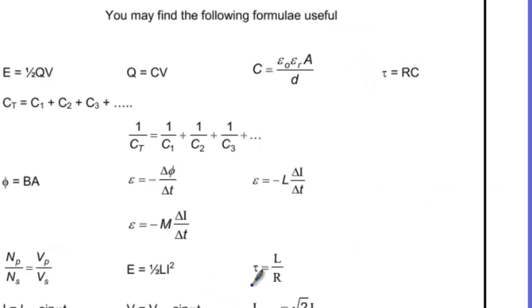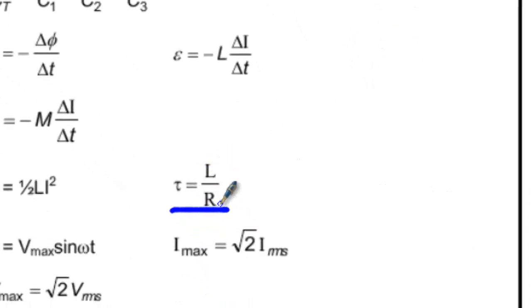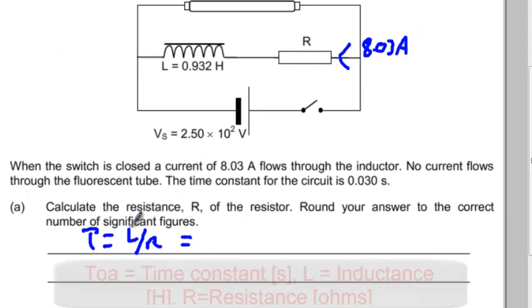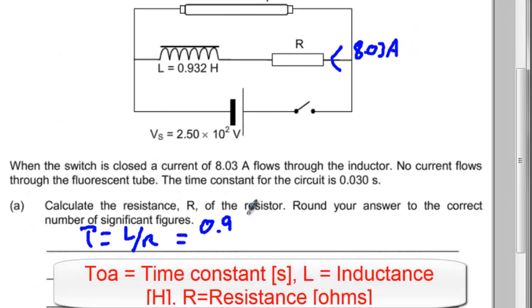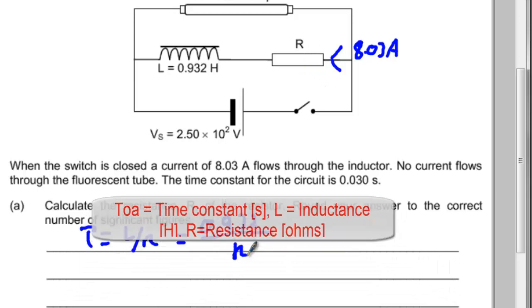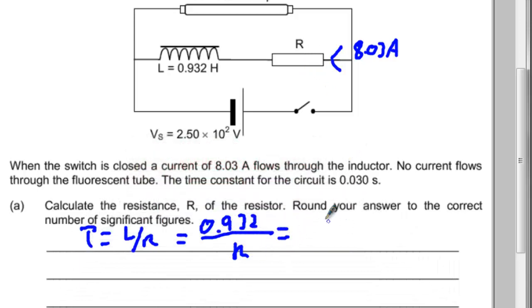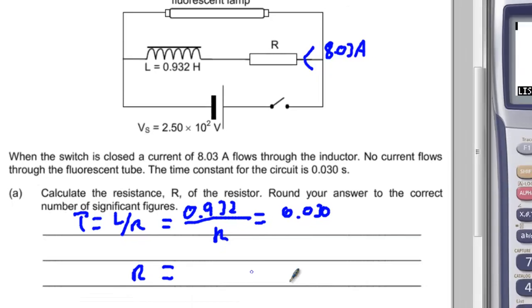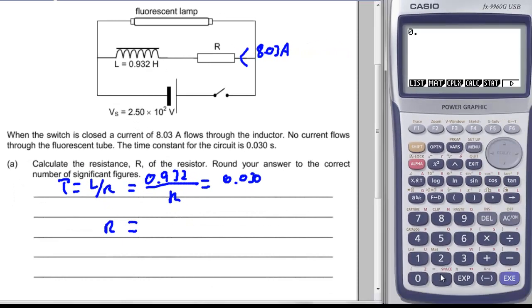The formula we're looking for in terms of time constant is tau equals L over R, where L is the inductance of the inductor, 0.932 henries, and R is the resistance which we're looking for, and we're being told that tau is 0.030 seconds. So for the resistance, we swap those around, so that's going to be 0.932 divided by 0.03, which gives us an answer of